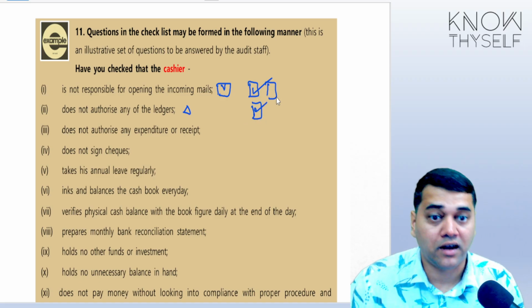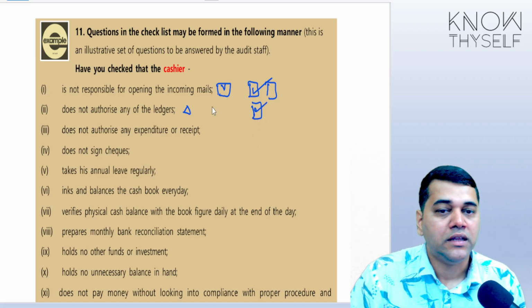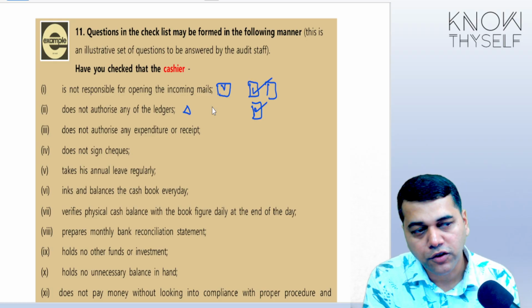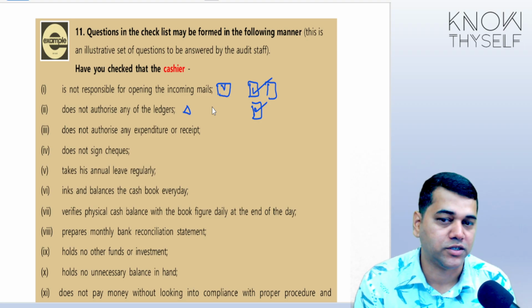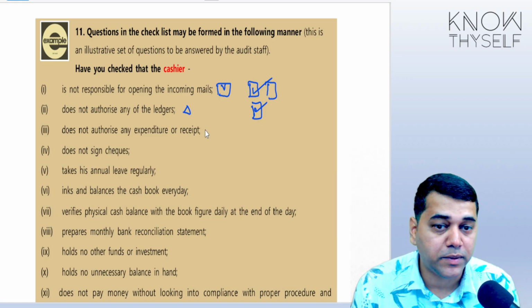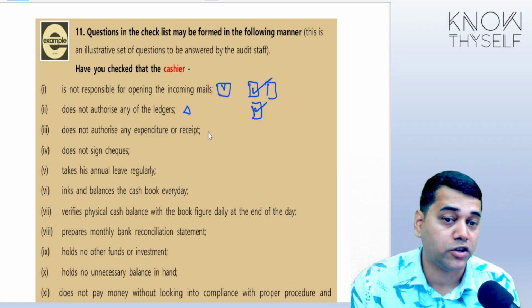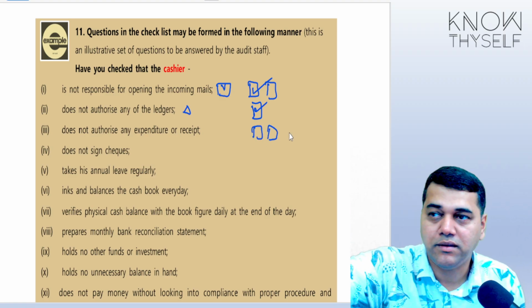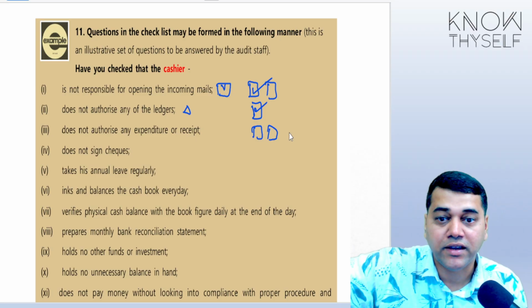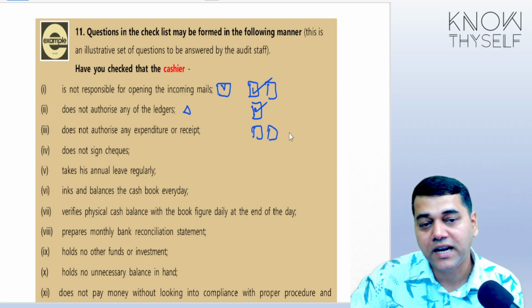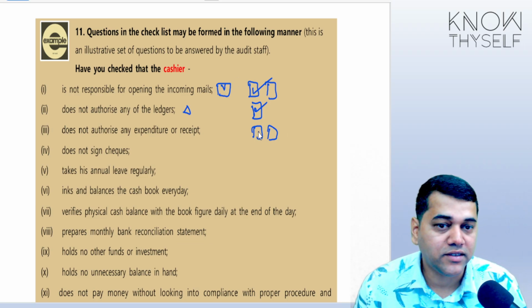You said yes. We got a better feel. Because if you have not filled it, that means you have not verified it, and if you have not verified, you don't know what is happening in the client's location. Have you checked whether the cashier does not authorize any expenditure? Again, segregation of authorization. This is blank. Now I will go and tell my accountant, go and check. In this process, we will come to know whether that cashier has rights to authorize also. We say yes, we have checked it.